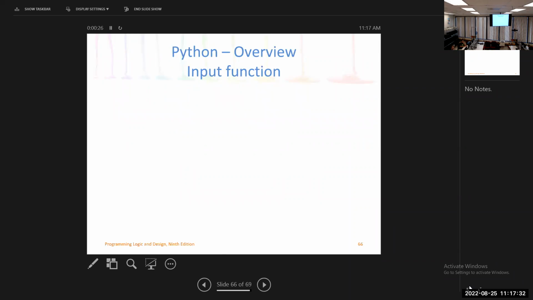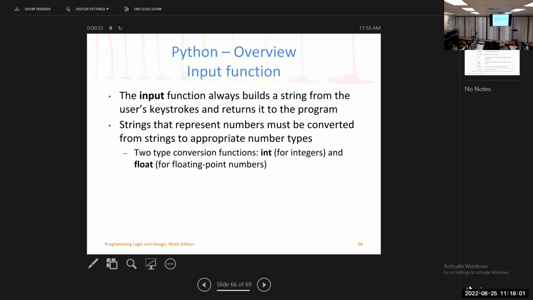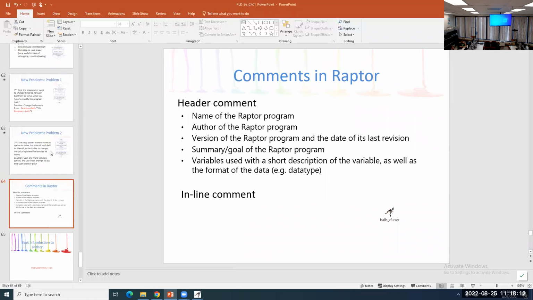Okay, in Python, remember that every program has 3 basic elements: input, processing, and output. And in Python, if you want to get input from the user, you use the built-in function, the input function here. It is a built-in function, which means you do not have to define how to use it. Right? So in Python, the input function gives you the input information. Now think about this one. I open Python. You have many ways to use Python here. Right? So I think in the last class I already